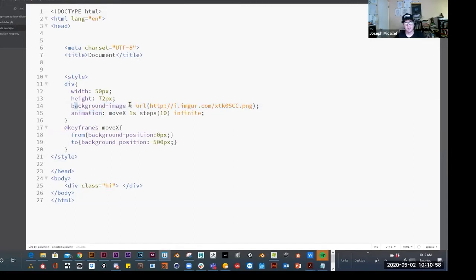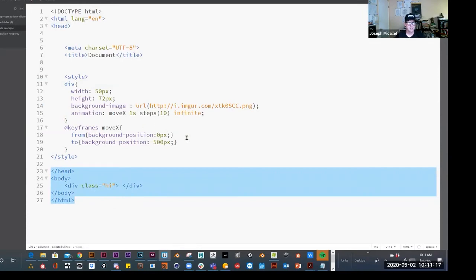Then here, under background image, I have a background image, and it's for this div. So it's just looking down below. I have this div here, so any div in this body for the HTML is going to have this applied to it. I'll show you what this is doing. I'm going to hit the little lightning bolt,